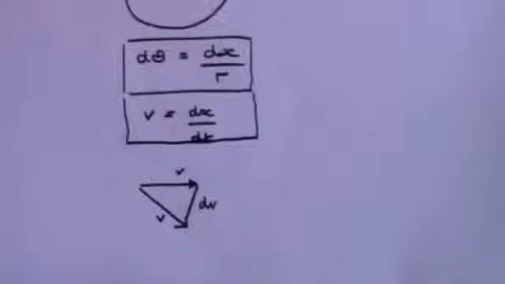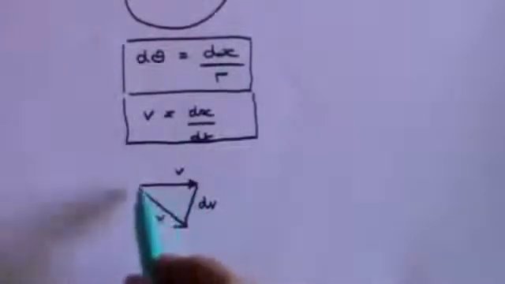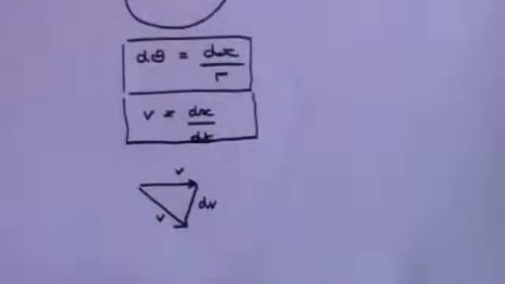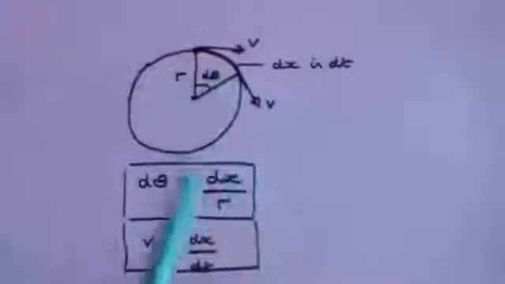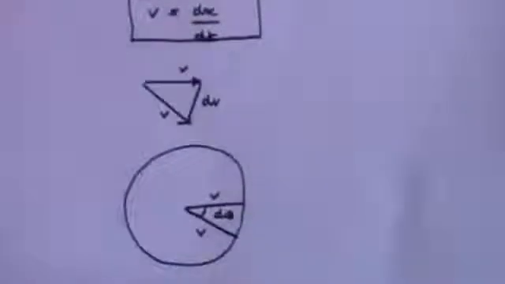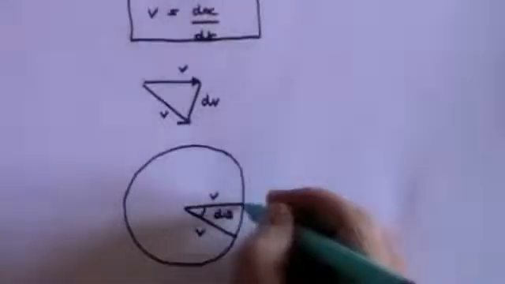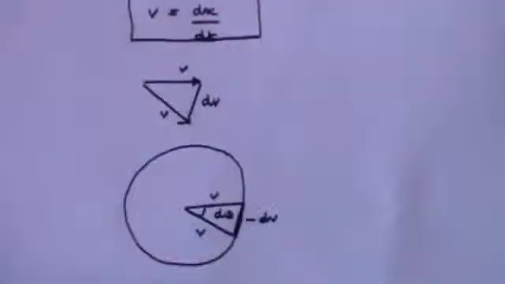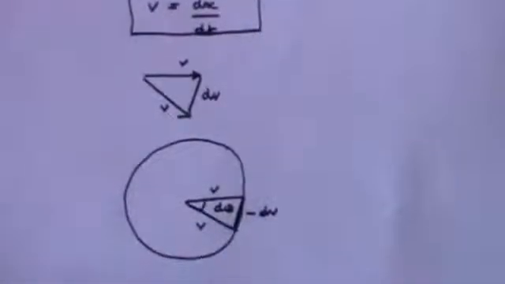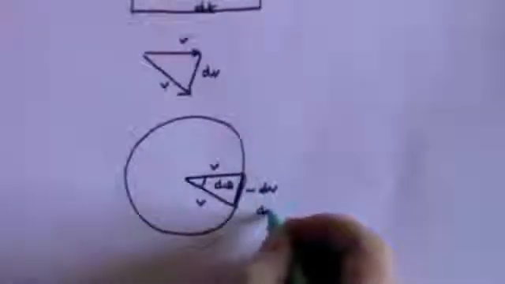How are we going to calculate what dv is? Well, since these two vectors are the same length, they can behave like the radius of a circle. So we can in fact construct this as a circle where we have v and v, they're going to be the same length. This angle, incidentally, is d theta, the same as this angle here. You can show that just by geometry. And what we want to know is the straight line dv. And what we can say, of course, is that the arc length, which I'll call dy,